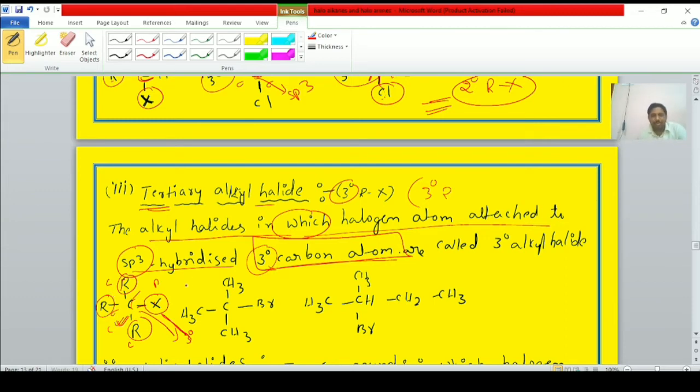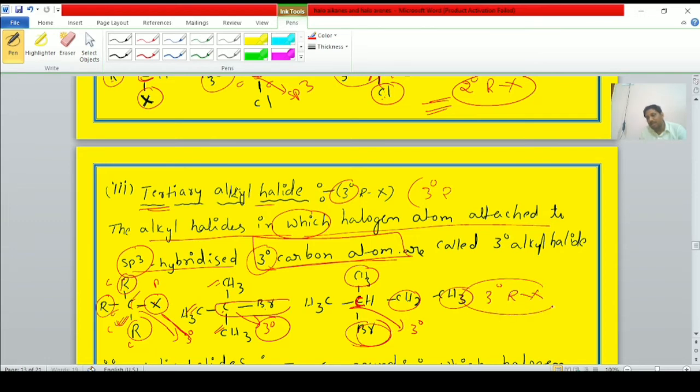Right, students. Example: the carbon atom is bonded to a bromine atom, and it is bonded to 3 carbon atoms, that is 3 methyl groups. This carbon is a tertiary carbon. Similarly, CH3, CH3, CH2. Here the halogen atom is bonded to which carbon, student? Tertiary carbon. This carbon is a tertiary carbon and the corresponding alkyl halide is called a tertiary alkyl halide. RX means alkyl halide. Okay students, the IUPAC names we will discuss later. You can remember